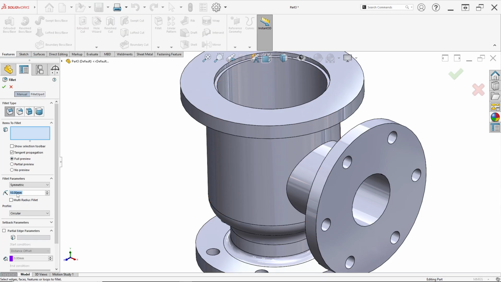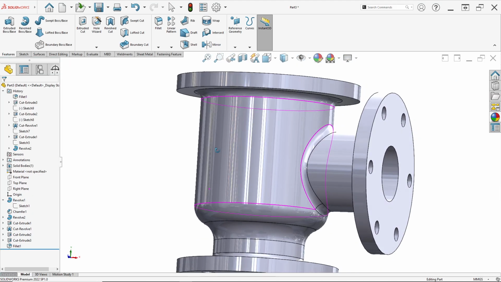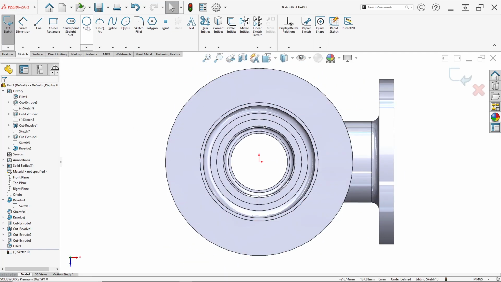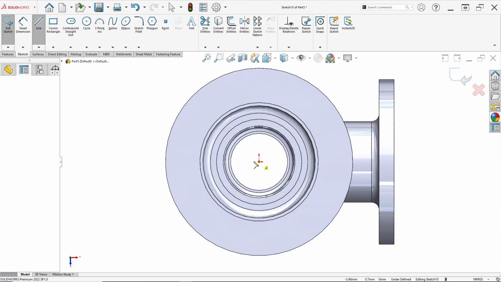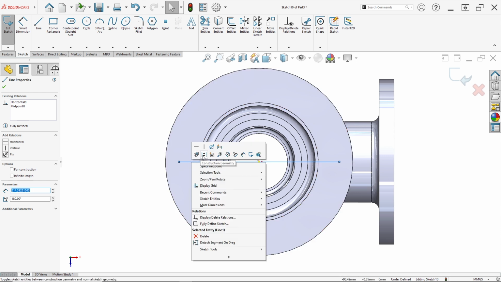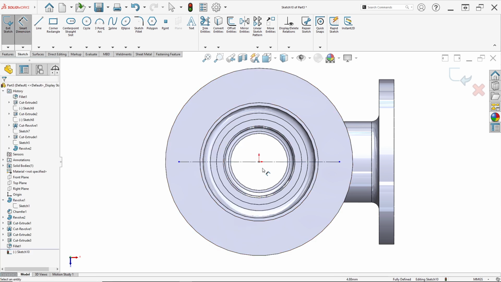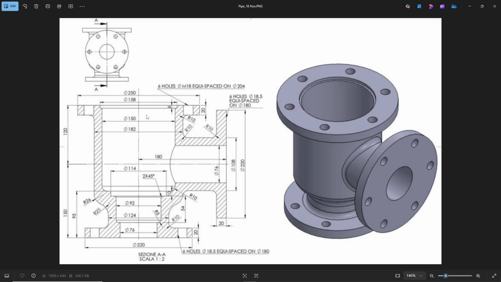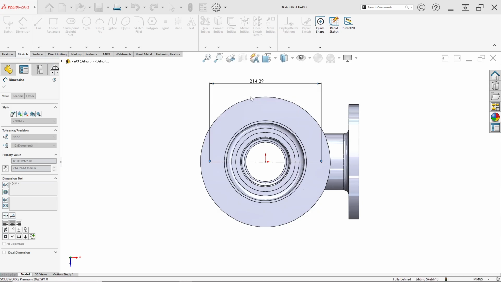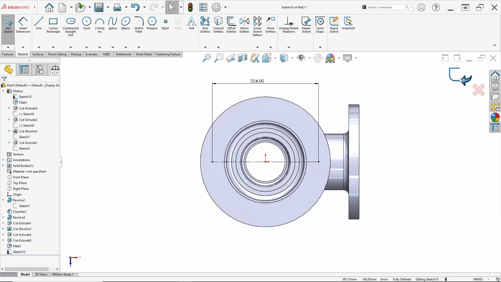So click fillet 10 millimeter, just select this edge, click OK like this, and right click on this face and click sketch. Now we can draw a midpoint line like this. Ensure this line, click make horizontal, and right click construction geometry. Set the length here, spacing on diameter 204. So input 204 millimeter like this, and click exit sketch.